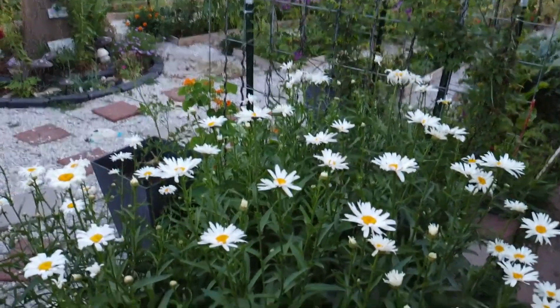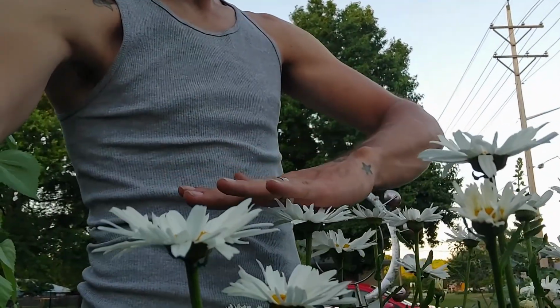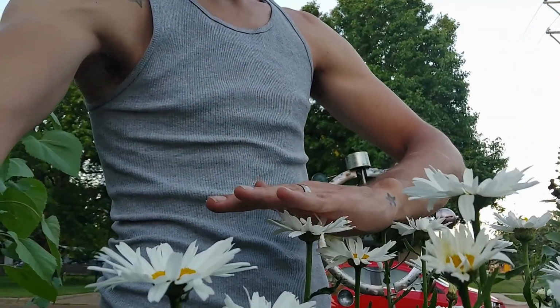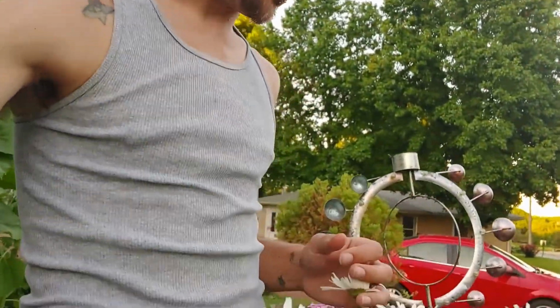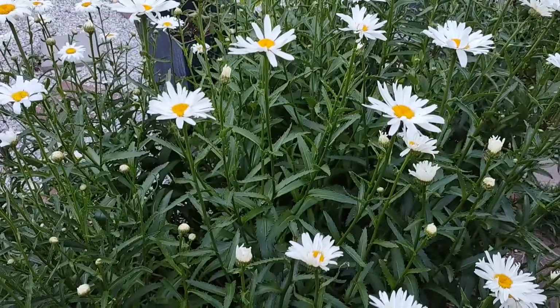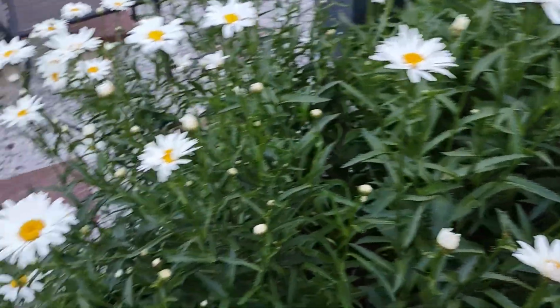These things, let me flip my camera around. These things come up past my waist. They're getting tall. I did not know daisies grew like this, but it's pretty amazing. I love them. It's a great show. And then down here from the daisies,